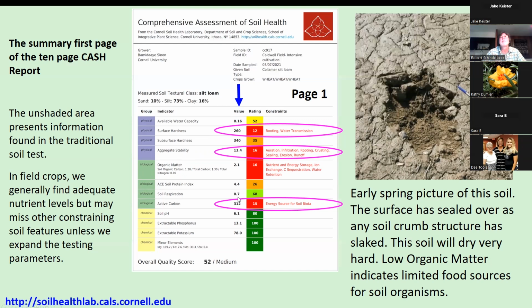And then here in the biological realm, the one that really stands out is the energy source for the soil biota. By having low organic matter in general, we've also got a small amount of active carbon. This is a type of carbon. We've got all these different species, if you will, of carbon that we've broken out to understand the carbon. Remember, the carbon is things that were once alive. Organic matter, all organic material was once alive. So this now dead material is food for some next creature. And so we see there's not much of that there because we've been removing the crop from this land